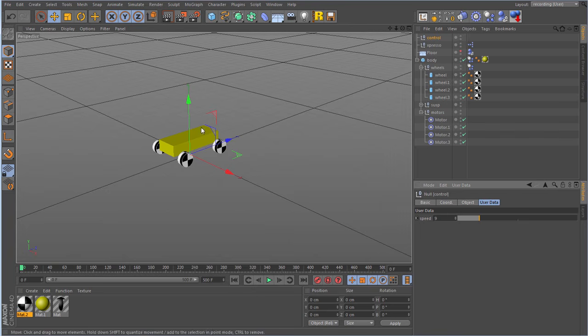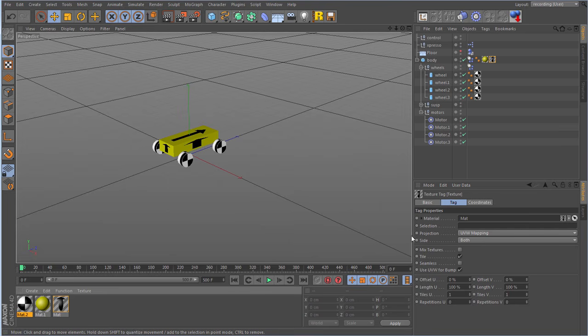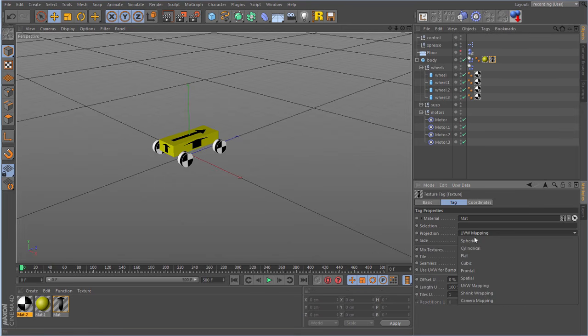Now I'm just going to be steering the front 2 wheels, obviously. In fact, since this car looks a bit symmetrical, I think I've got a little graphic here that I made in Photoshop. It's just an arrow. I'm going to drop this arrow onto the car body so we can see that it's going in the correct direction. So I'll just drag the arrow onto the body. I don't want it on all the sides, so I can go, let's see, untick tile. I want flat.